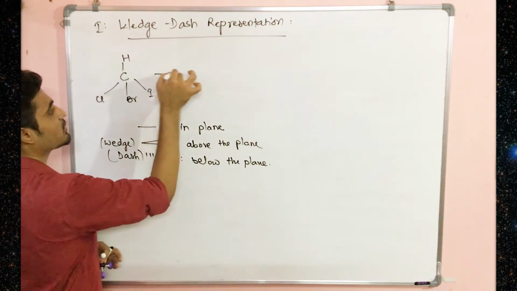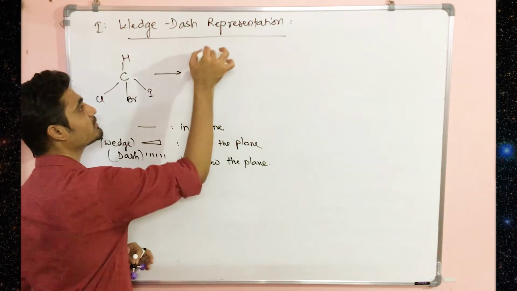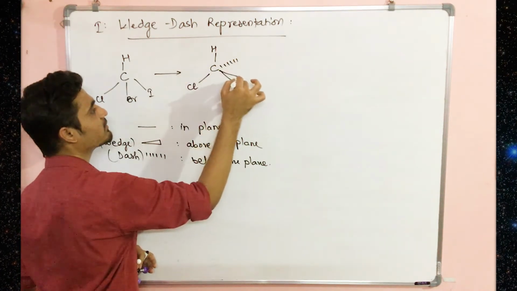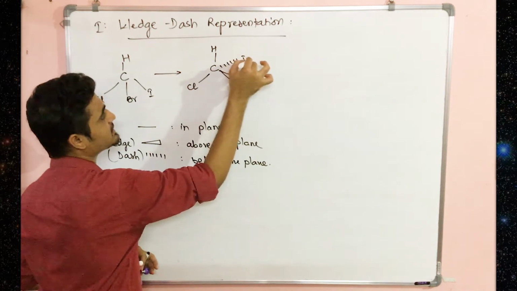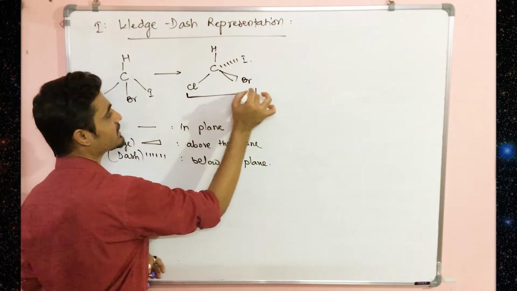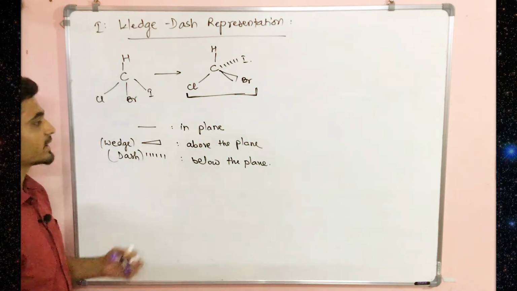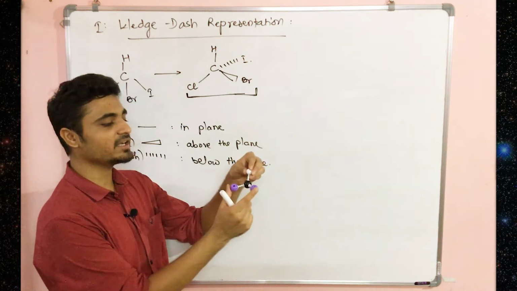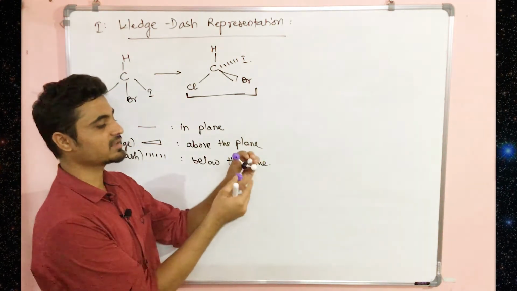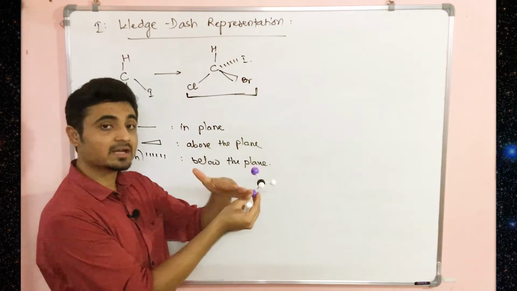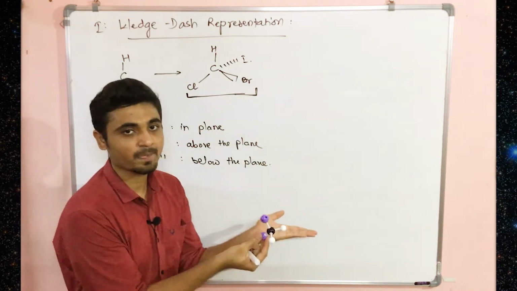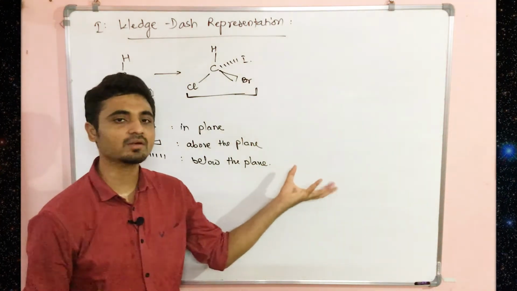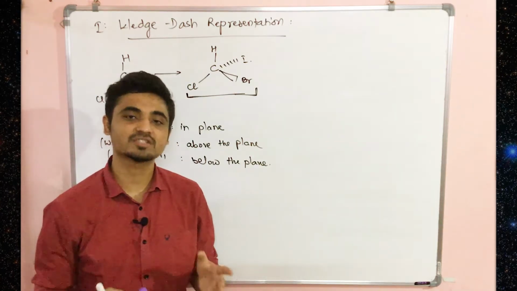So if I take this compound, I am going to represent two of the bonds in the plane and the other two bonds above and below the plane. So I can put it like this. Simply, this is called wedge dash representation. Clear? This happens with any three-dimensional carbon: if you take any two, suppose I take these two purple ones in one plane like this, obviously one will be coming above and one will be coming below the plane, right? That's how this tetrahedral shape is. I hope you have some idea now about wedge dash representation. Now let's move on to Fischer projection.